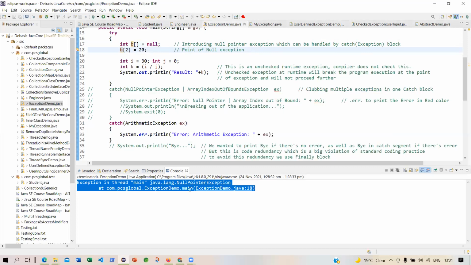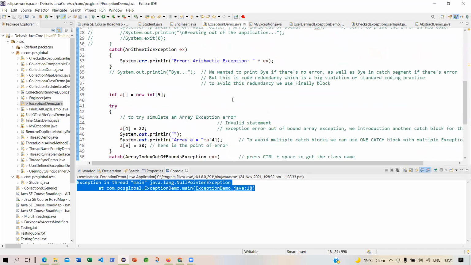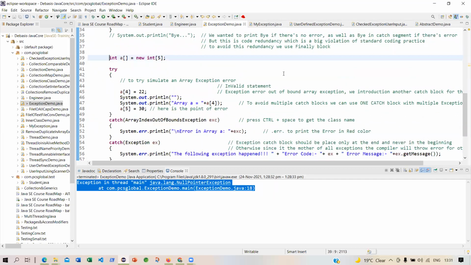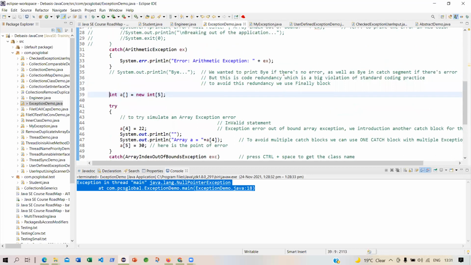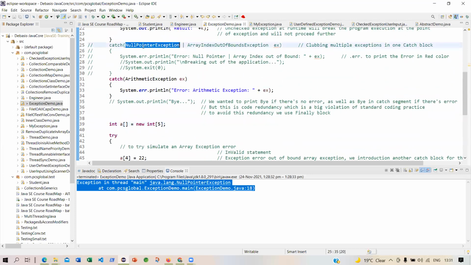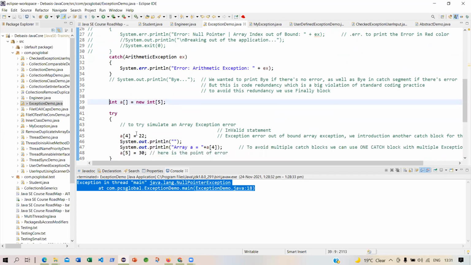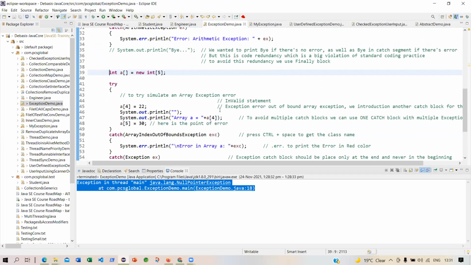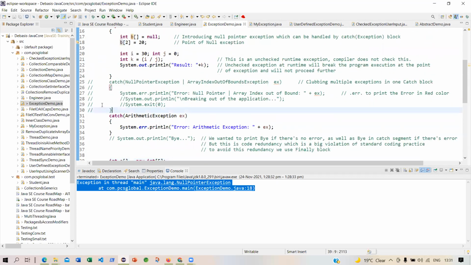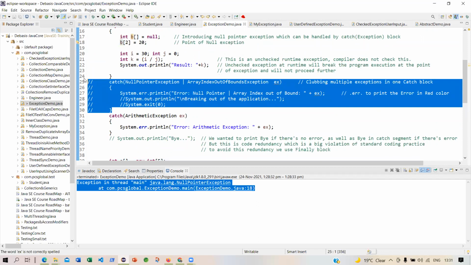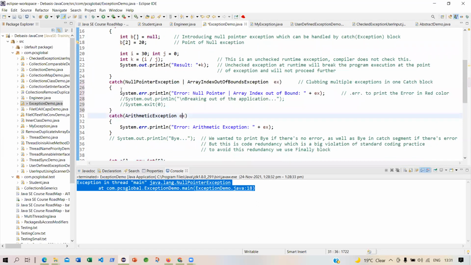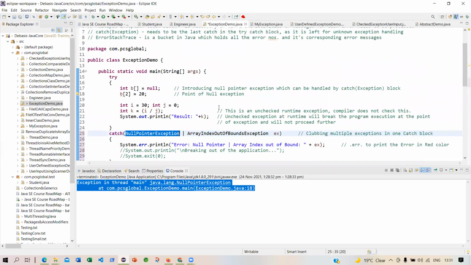So why leave it on this? This is not correct. See, at this point, it has abruptly come out. Did we go and use this? Did we come to this point? But in our earlier run, whatever error message we wanted to display, we had done, and then had come to this point and started executing from this block. Isn't it? Okay, if you have not understood, let us change it back. Now I'm trying to catch that null pointer exception.